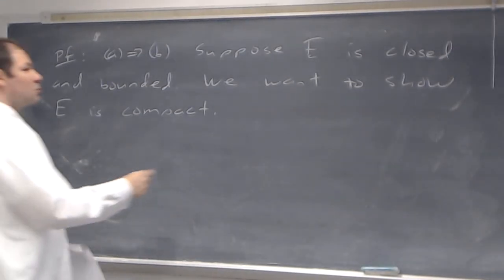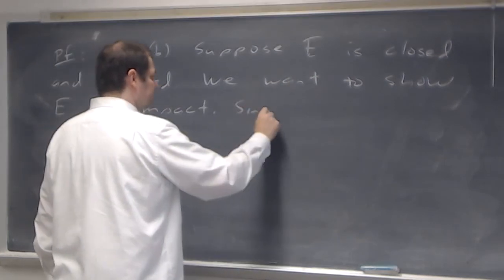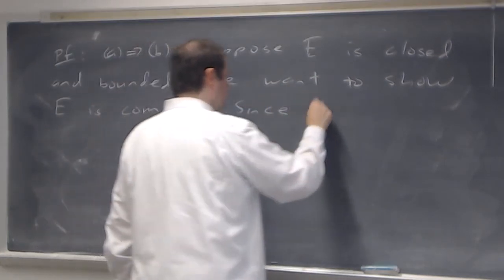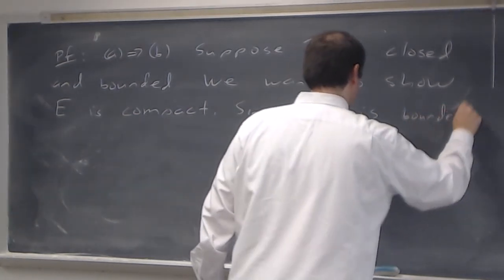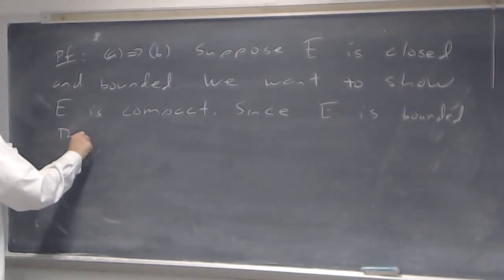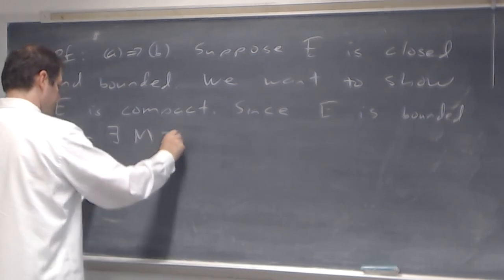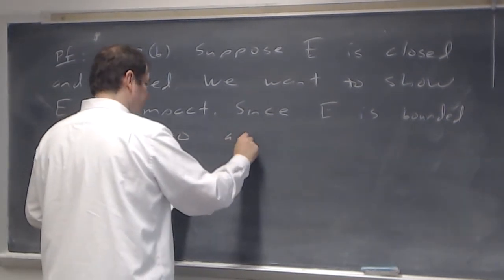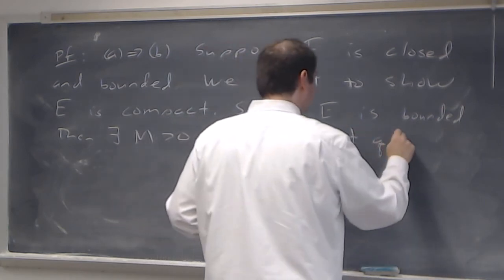We haven't used this definition of bounded very much, but since E is bounded, what does that mean? That means there exists a positive number m and a point q in R^k,